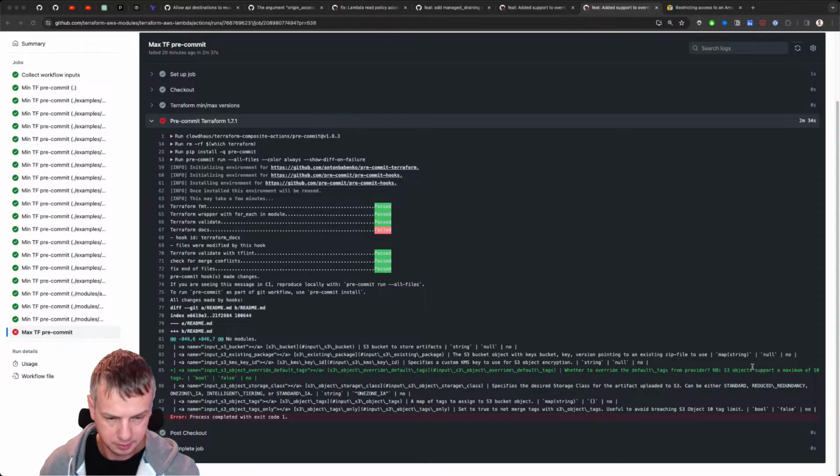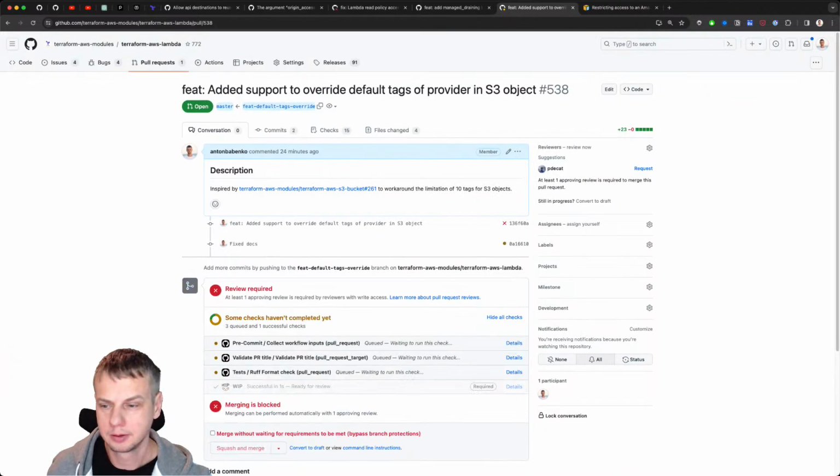Git status, git Terraform docs. Okay, I just ran Terraform docs and committed it.